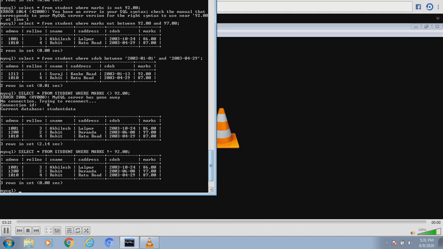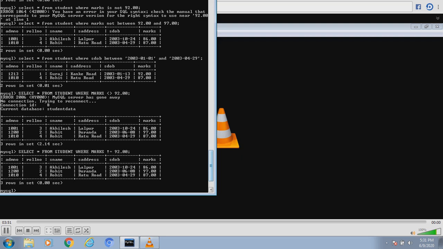You would have seen a message saying no connection, trying to connect, because we had not worked with this MySQL screen for more than 24 hours. Then I started it again. It was open but connectivity was lost, so it again connected with the MySQL server. So this is something which has come because of the connectivity part. But the actual answer is the table which we see for the command which we gave.